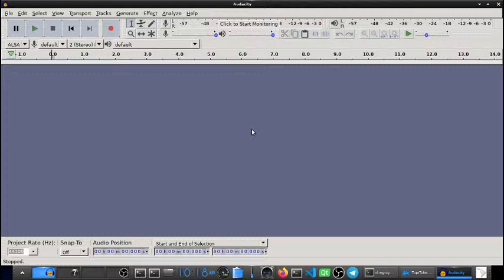I mean, you don't have to use Audacity. You can use your cell phone, for example. What matters is that finally you get an MP3 file or a WAV file. That's all that matters. Finally, all that you need is a sound file.